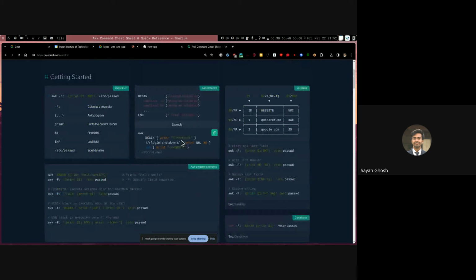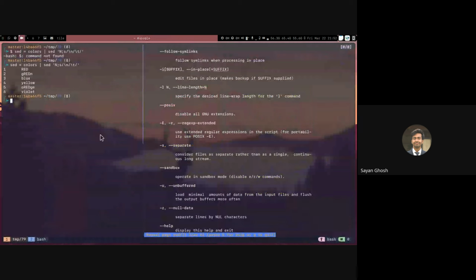In awk, we basically have a BEGIN block, which is run before any of the lines are read, and an END block, which is run after all the lines are read. Then we can have as many pattern blocks as we want, and for each line, all the patterns are checked. If pattern 1 is true, then whatever is present inside the braces is run. If pattern 2 is true, then whatever is present inside the braces is run. If the first one is true, it does not mean it will not check the next one. All the patterns are checked for all the lines, in the order of the lines which are present, and in the order of the patterns which are present. So for example,